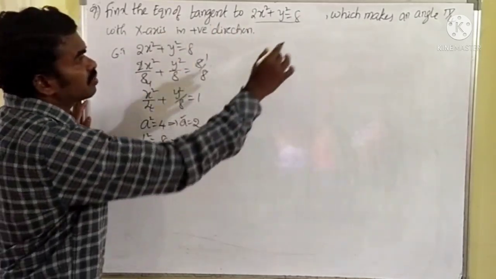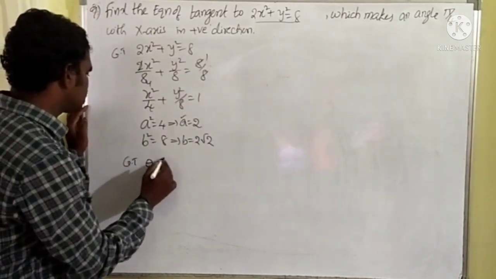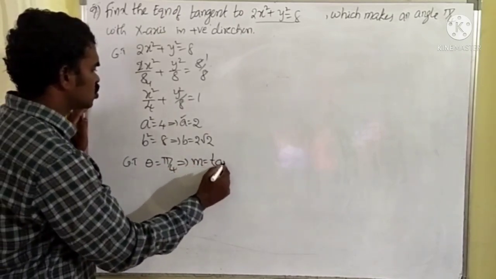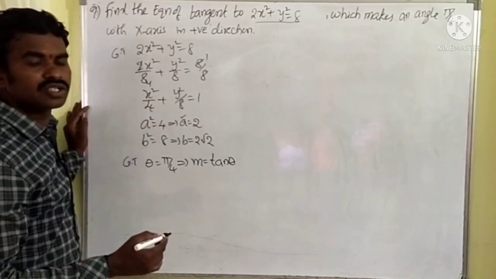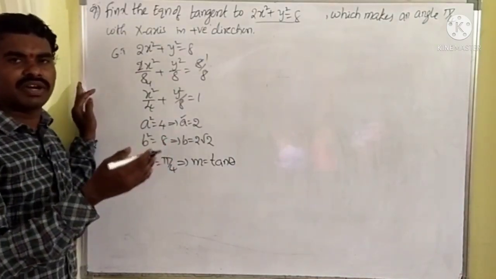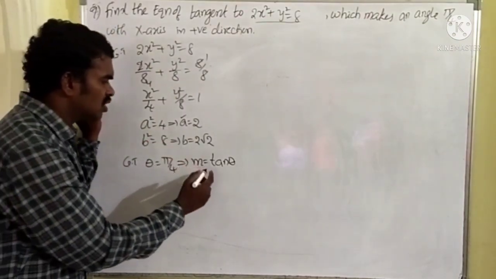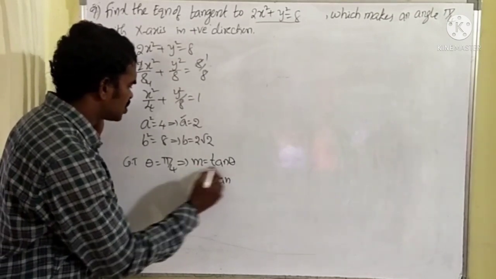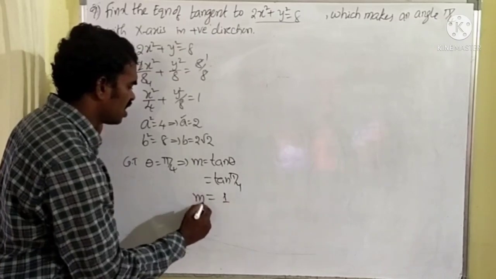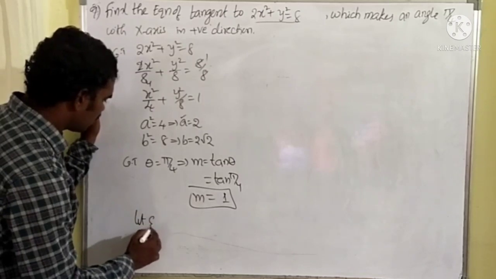Okay, next, take the question. So we got a square and b square. The angle is given: theta is given as pi by 4. Whenever theta is given, we can write the slope, that is, slope is represented as tan theta. For slope we have several formulas: y2 minus y1 by x2 minus x1 when 2 points are given. When an angle is given, the slope formula is tan theta. So according to this, theta is pi by 4, and tan 45 degrees is 1. So we got the m value as 1.